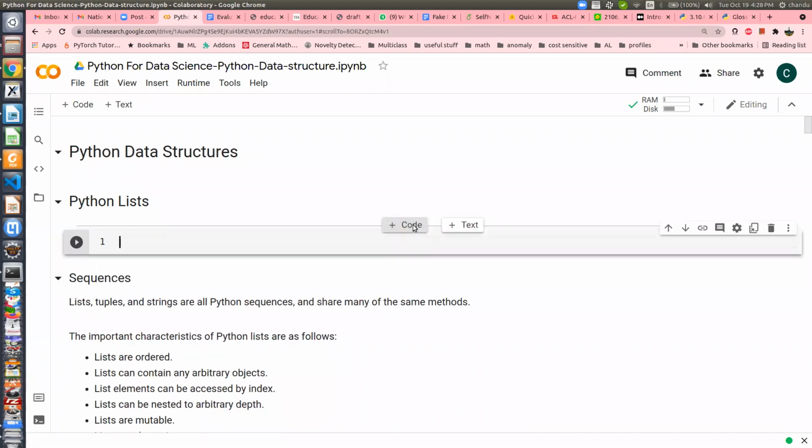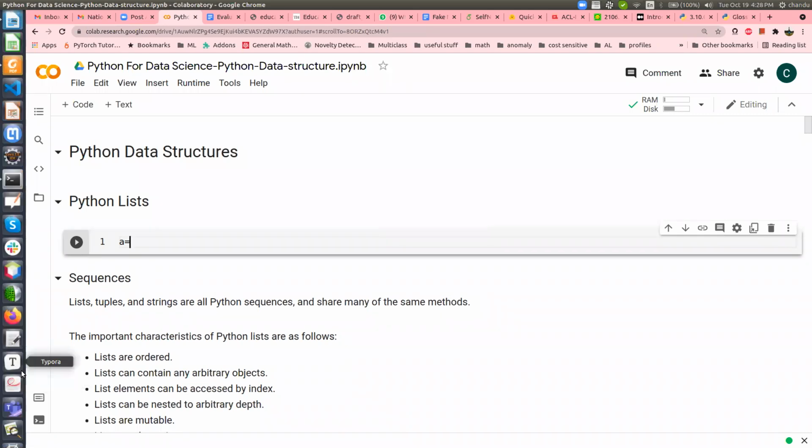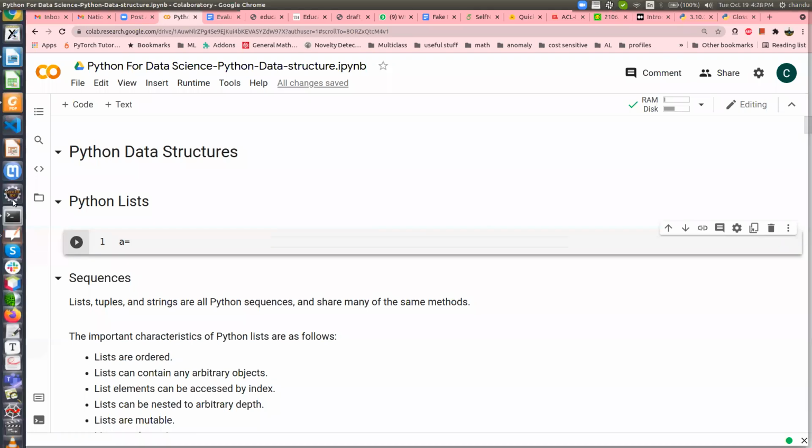Python list is an extension of array in C. In C programming, you might have seen, just a second, let me open my tablet.